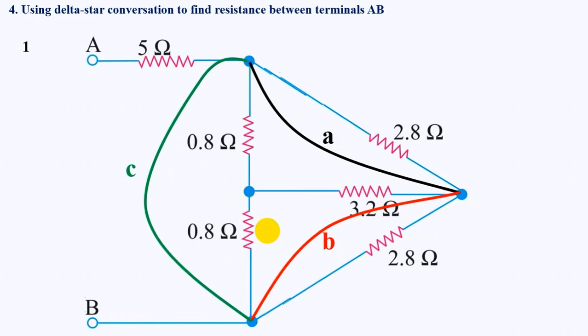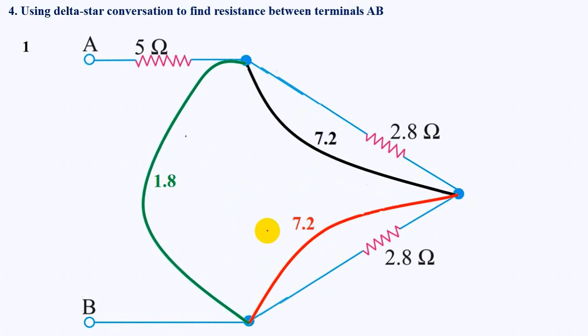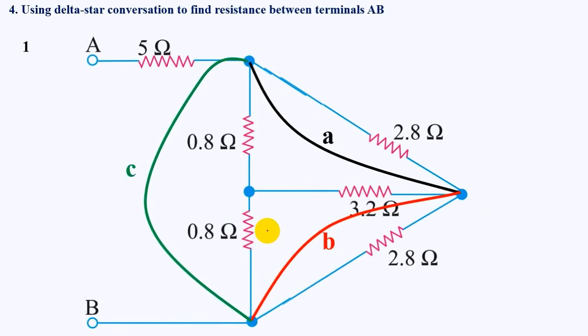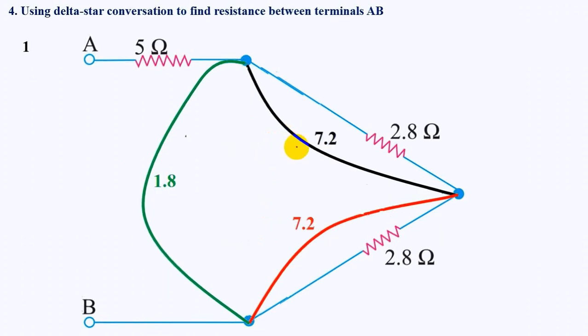So once you've converted star to delta, what do you retain and what do you remove? I repeat, once you've converted star to delta, what is being retained and what is being deleted? You have to retain delta, you have to remove star. So star to delta, remove star, retain delta, right? Then what do we do after this? How do we reduce? Start from scratch. Check if there are any elements in series, then parallel, then star delta.